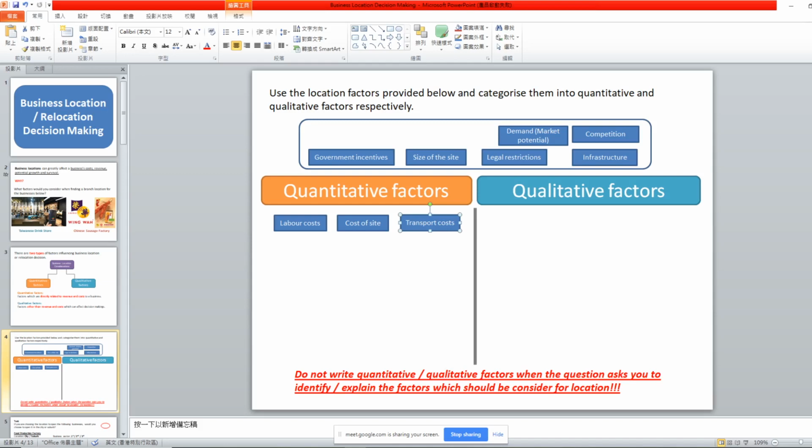So this is what we call specific. So Kenneth, when you say shipping, it is not specific enough. You have to tell us from where to where. So that is specific. When you talk about transport costs, you always have to think about two sides: the supplier side, and also your consumer side.